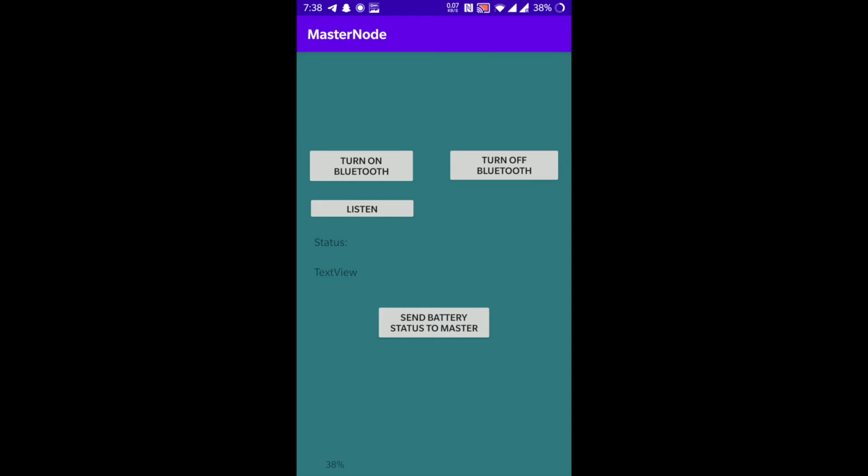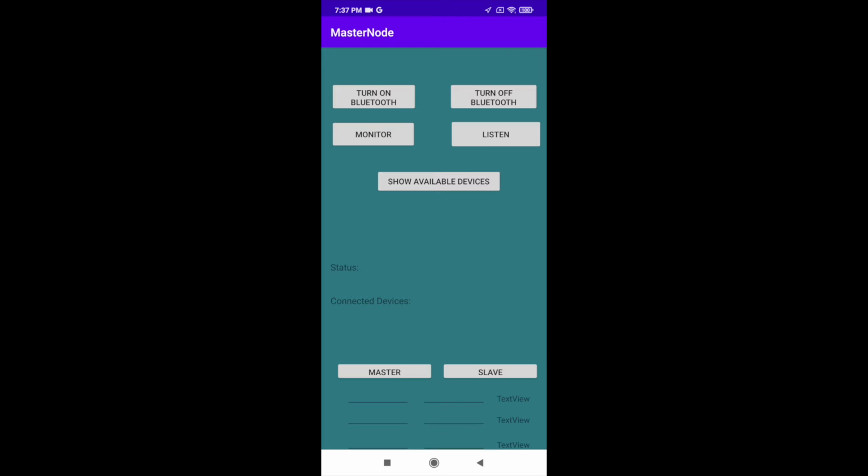Currently the slave node is at 38%, and this is the master node which also contains buttons similar to the slave node. And we also have a monitor button which when clicked continuously monitors the slave node, and the show available devices button shows all the available nearby devices.